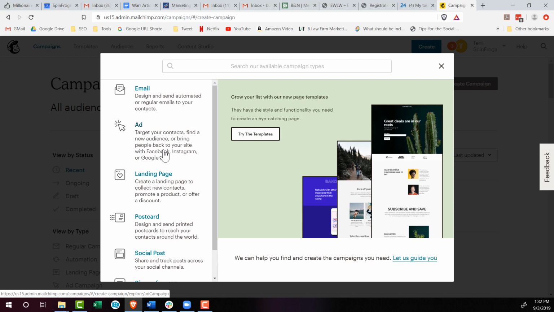So I've done an ad through here for Facebook and Instagram before. It's not challenging, but I don't know why you would use this system for creating an ad and not just use Facebook ads to create an ad, other than you're just trying to collect all the data in one place. But because of the tools that they have,